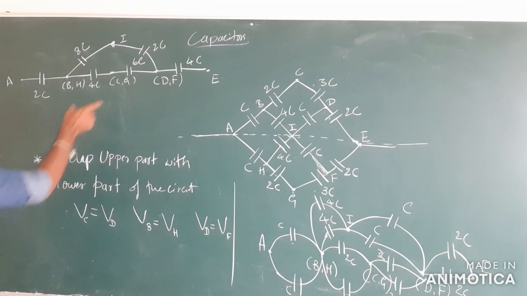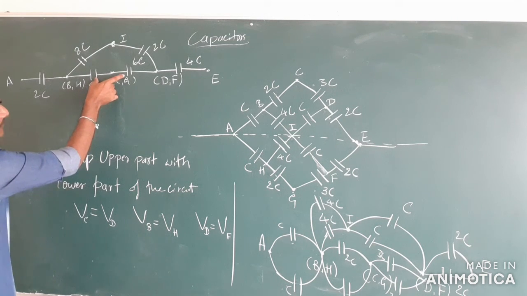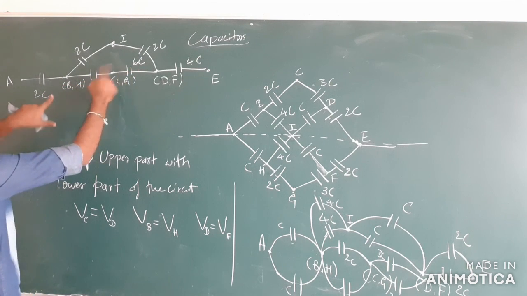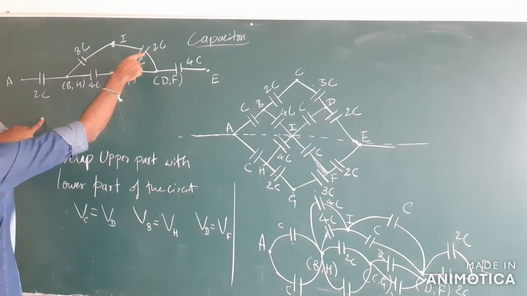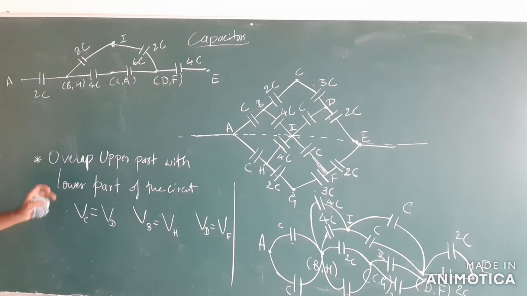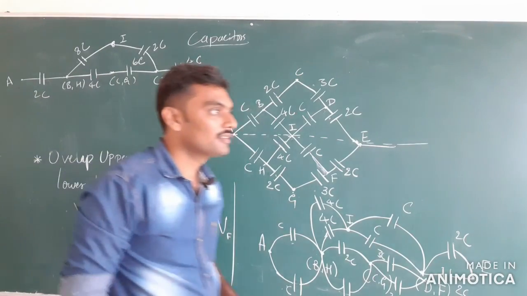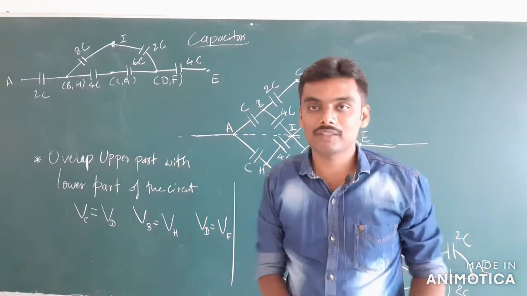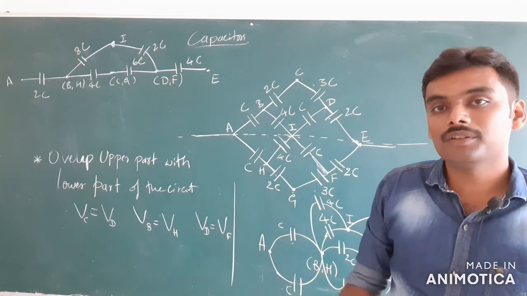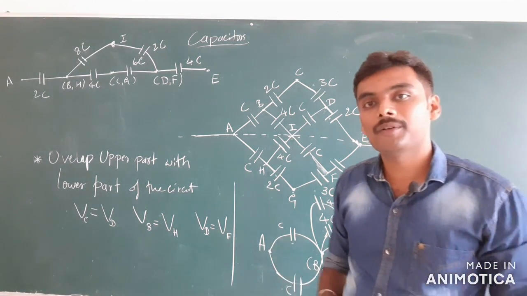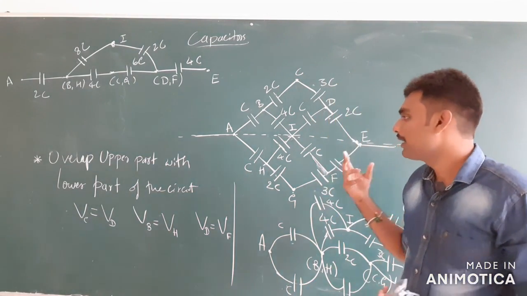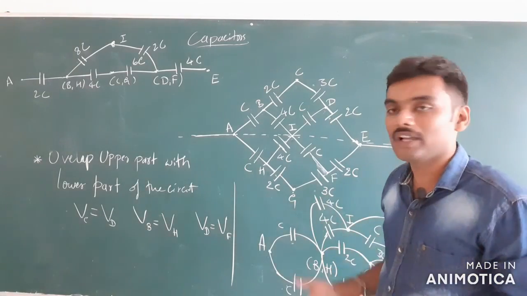And now you see these two are in series, 4C and 6C are in series, 8C and 2C are in series. Solve them, and then these two are in parallel, then these three are in series, and hence you can solve it. You should solve and get the final capacitance of this example. The approach might look like a lengthy one, but upon practice you will get hold of it, and hence you can do it faster.